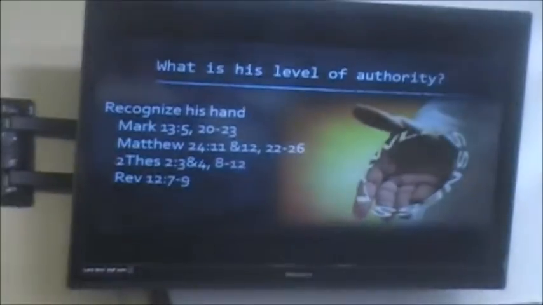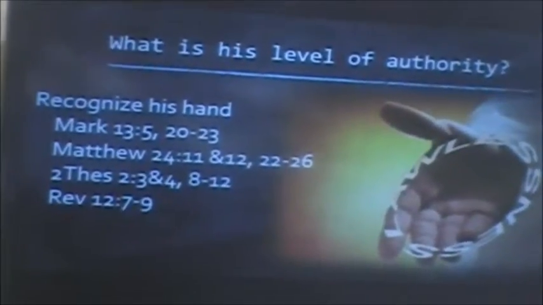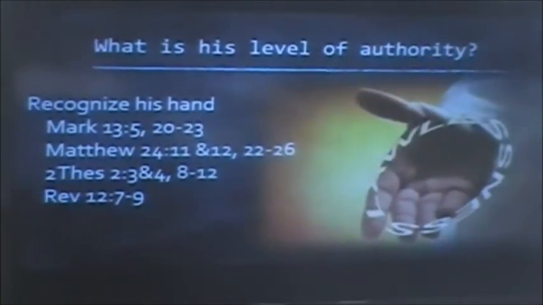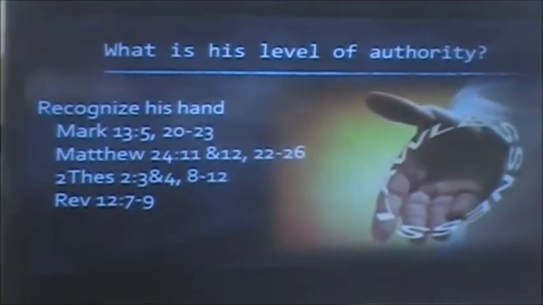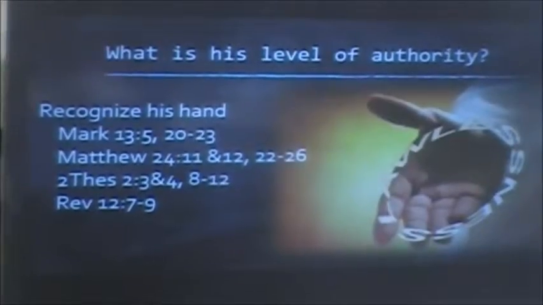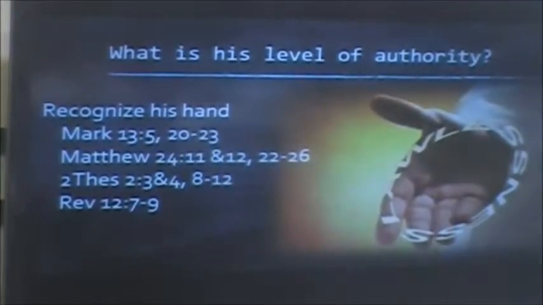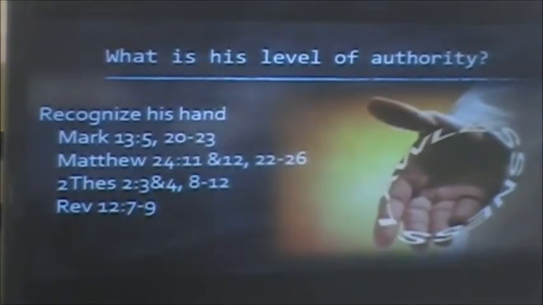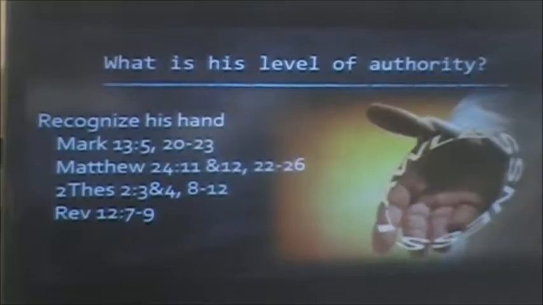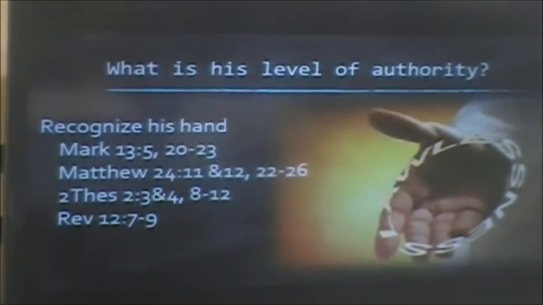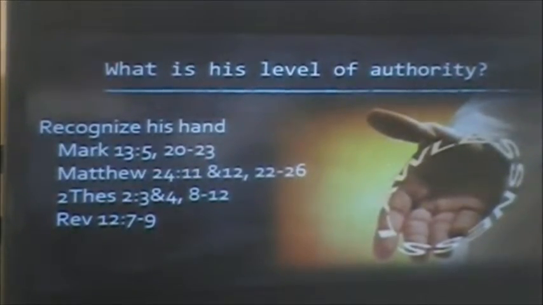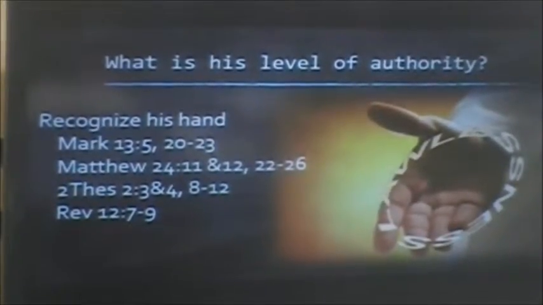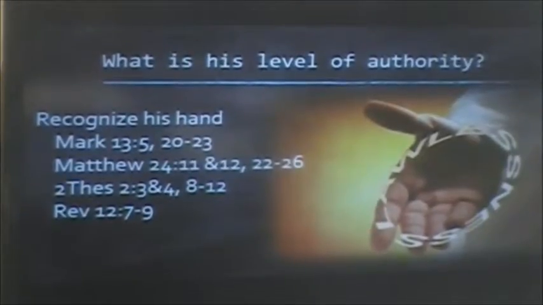Matthew chapter 24. And this is a little bit of a mix, and I tried to break it up in understanding the level of authority and understanding where his future lies as well. So this has got a little bit of overlap. I kind of went back and forth on what heading I put it under, but I think understanding his authority and recognizing where he is and where he is not is what I really want you to key into. That's what I really want you to key into, recognizing the enemy's hand, right?